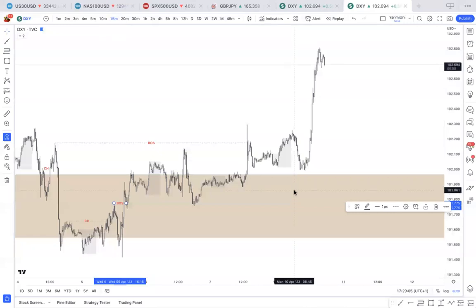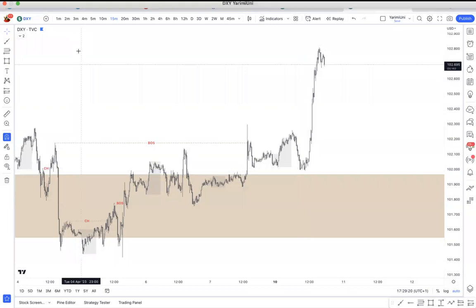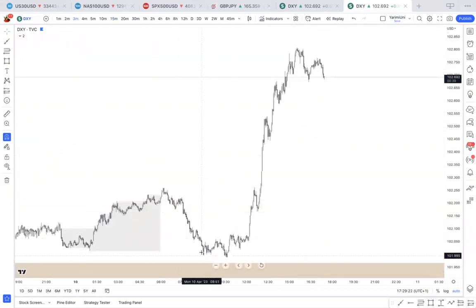Now, as we always say, the reason why we don't trade the Asian zone is because look what happened here. Anybody that was trading the Asian zone was in profit until London came and took them out. And then you can see an accumulation change of character on the lower time frame here. If we go down to the 3-minute, you can see that here, which is happening below the Asian low, and then it takes off.